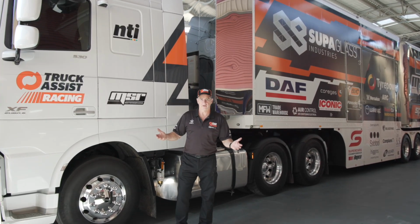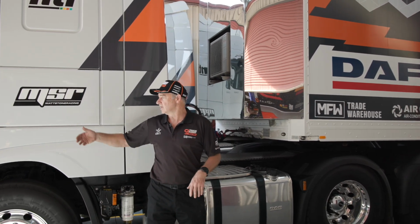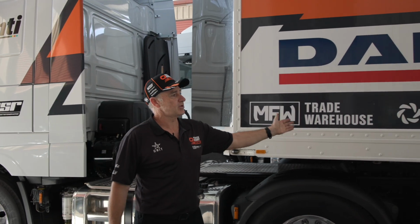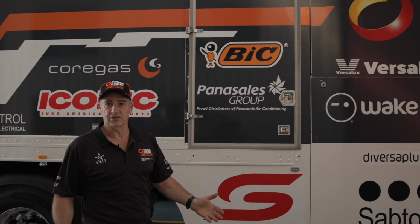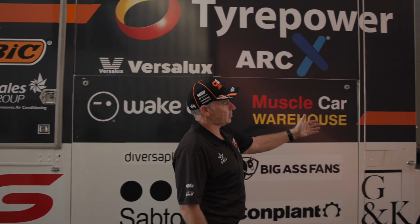And finally we have our truck. This is what we take everything we need to the racetrack in. It's a DAF XF, pulls about 62 tonne of equipment, including the trailers. We've got an A trailer, a B trailer. The A trailer is chock-a-block full of parts and bits and pieces, and we empty all that out and turn it into an office at the racetrack. That's where the engineers stay. Our B trailer carries 2 cars and other various equipment,